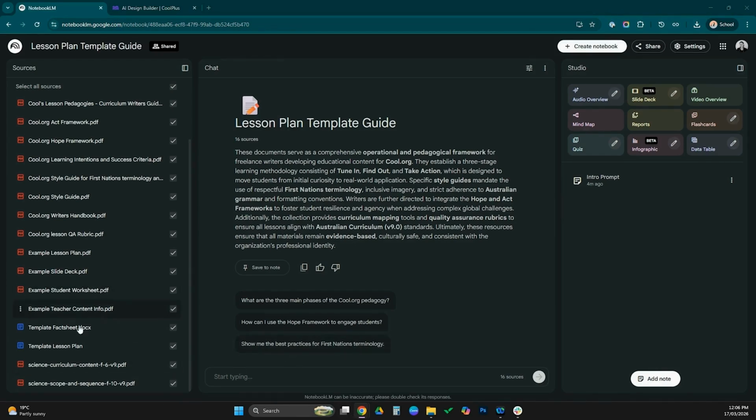I've uploaded templates, such as this one for the actual lesson plan. We have examples of lesson plans, slide decks, student worksheets, and our teacher content information. We have all of our guiding documents like our ACT and HOPE frameworks, how we do learning intentions and success criteria, our style guide, our guide for First Nations terminology and content, and then I also have our curriculum documents